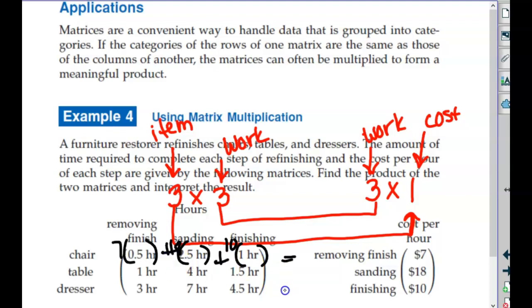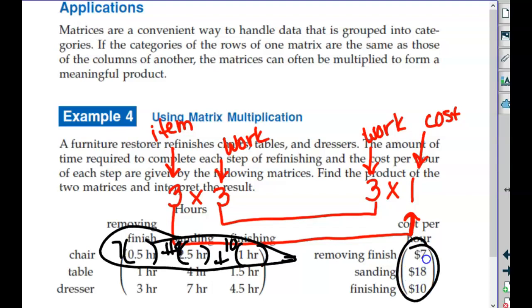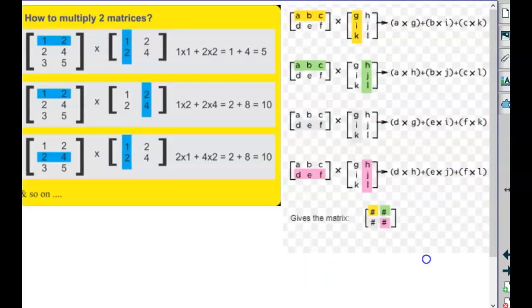Add them together, okay? So we are taking the row here and multiplying by the column here. So that's what we're going to do when we multiply matrices. You're going to multiply this row by this column. And then you're going to multiply this row by this column. And then you're going to multiply this row by this column. And then you're going to come back and do